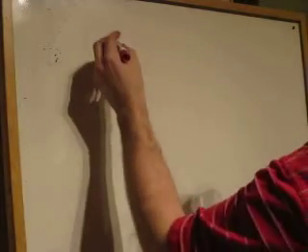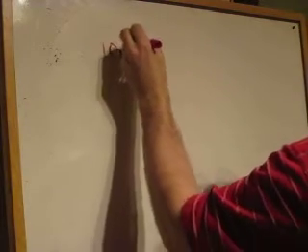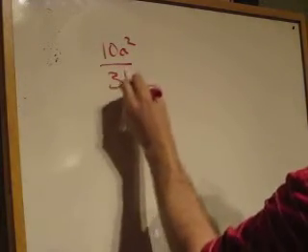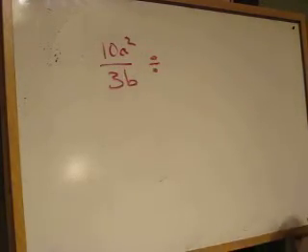Problem set 3.4. Let's do a few of these because we went a little quick toward the end. So let's write some of these out and see what we come up with. I'm going to start out with number 27 on page 199. And that's 10a squared over 3b, divided by